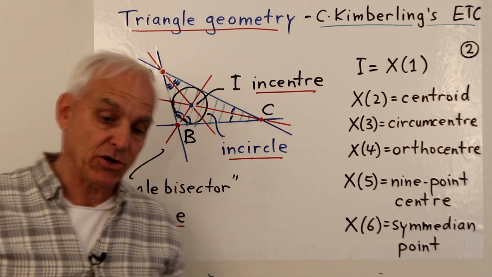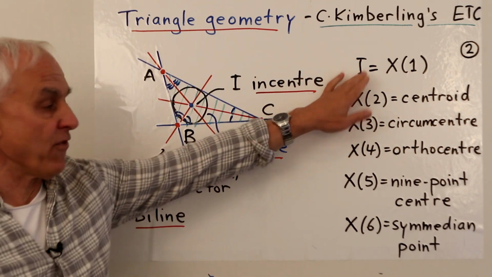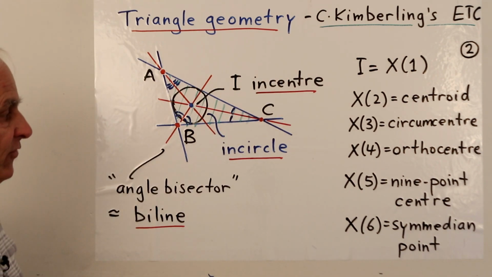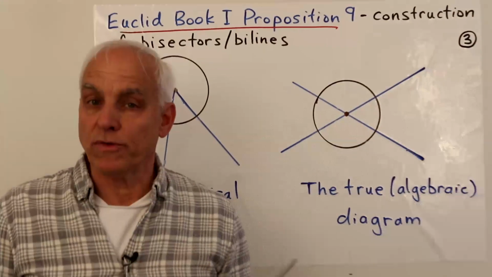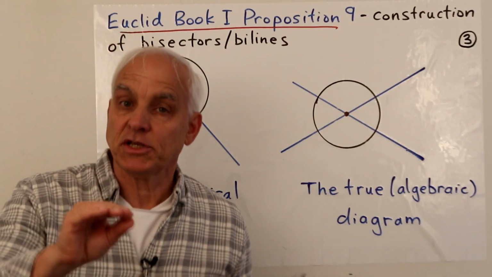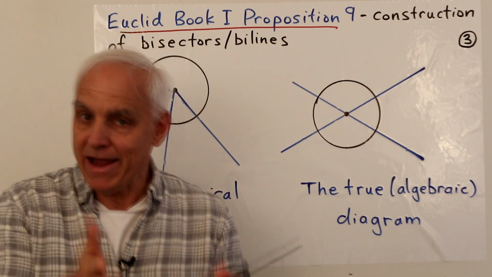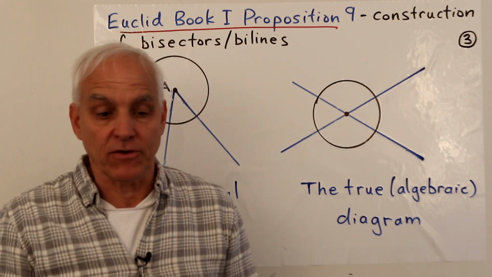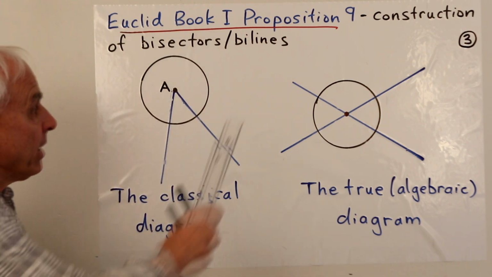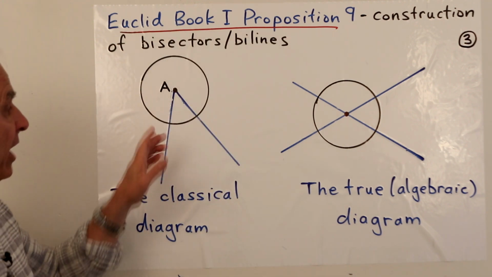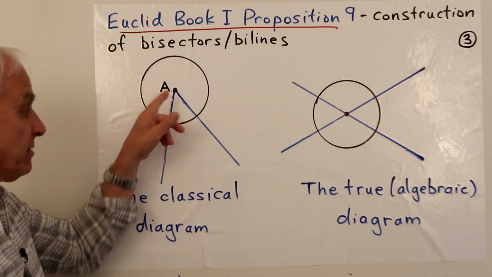And that's the incenter, and that's the very first point on Clark Kimberling's list of triangle centers. Euclid's famous book, The Elements, is very interested in geometrical constructions, and constructions of angle bisectors, or bylines, figure prominently even in Book 1. In Proposition 9, he shows how to construct bisectors when you have two lines meeting at a point